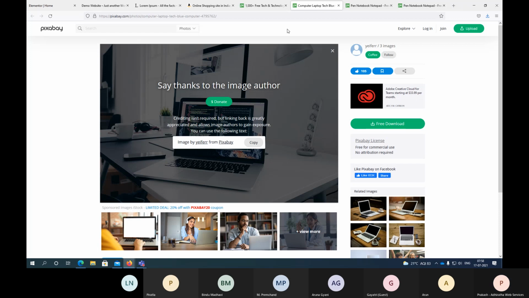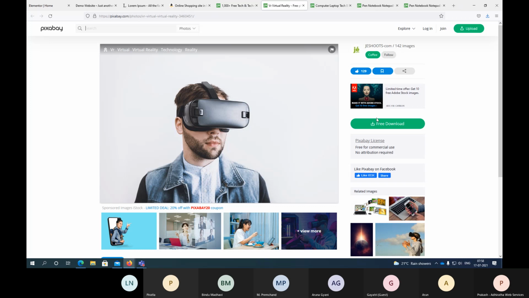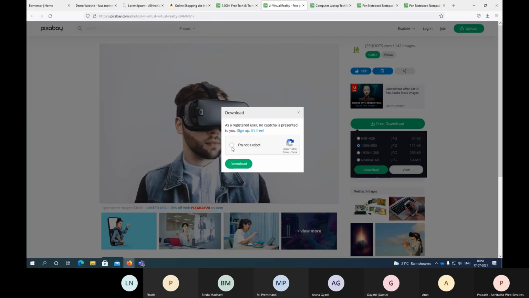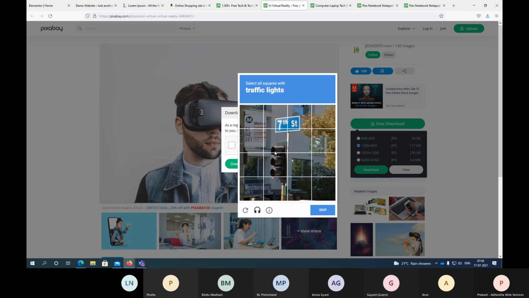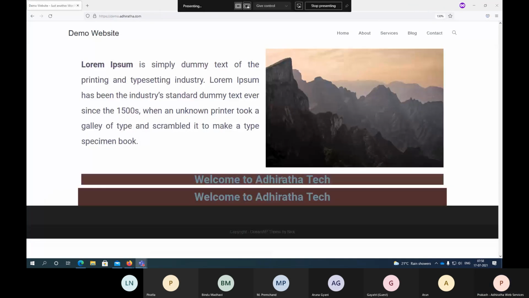So I think let me pick something else. Traffic light. So we have three images with us.